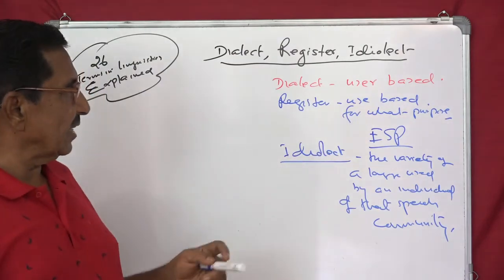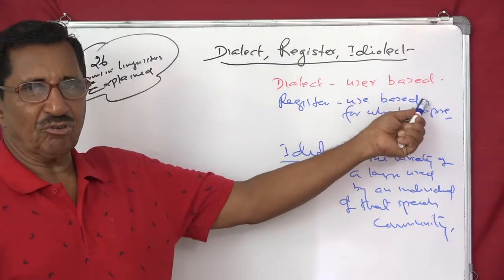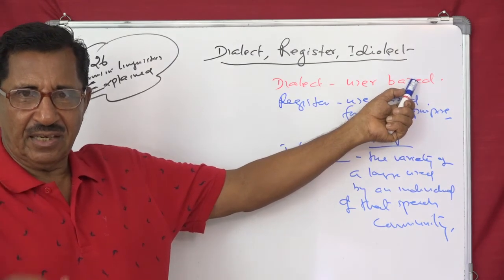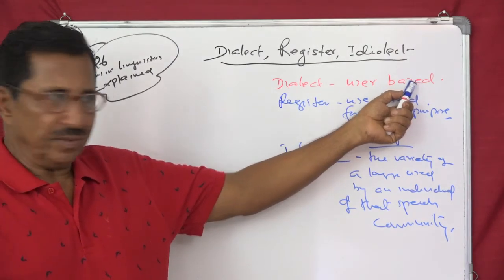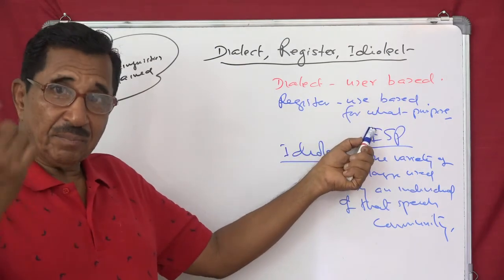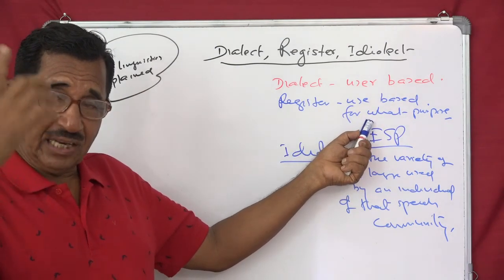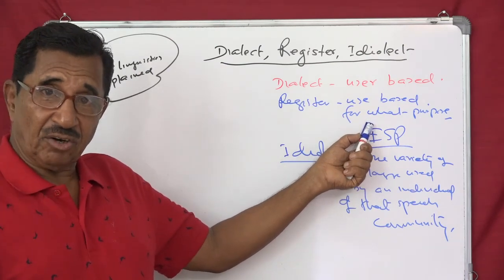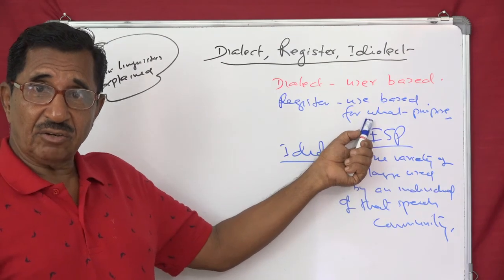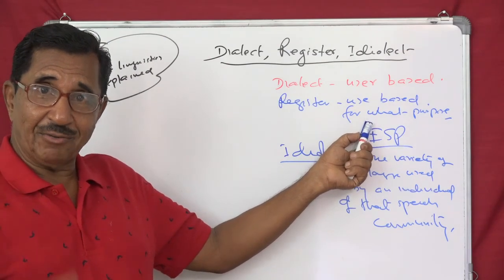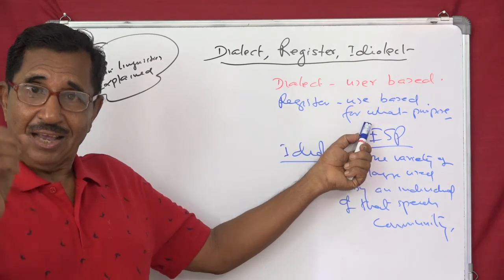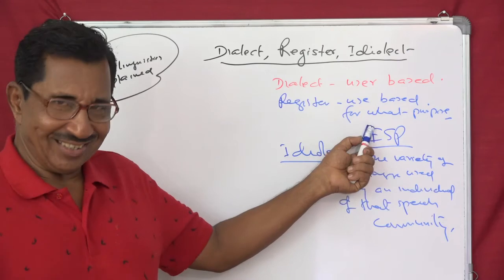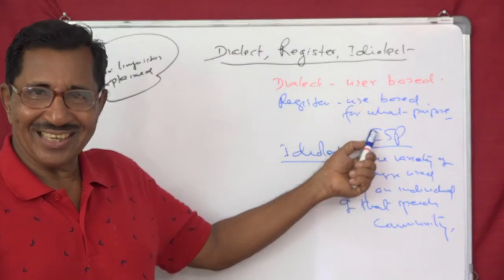Okay. So once again, dialect is user based. Who uses it? Is it regional? People of a region, people of a class, people of an occupation. Register is the purpose for which it is used. Legal purpose, legal register; medical purpose, medical register; theological purpose, theological register. In theological register, you will have cursing, redeeming, saving, devil, hell, heaven, paradise lost, paradise regained. That is theological register.